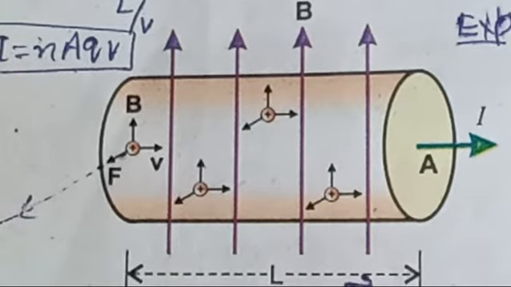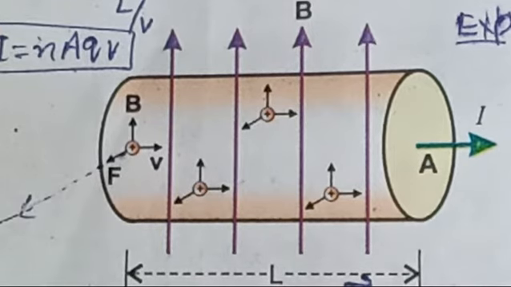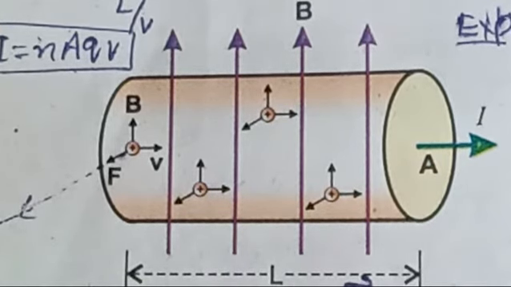Dear students, you have learnt in 10th class that when a current carrying conductor is placed in a magnetic field, it experiences a force. The current through the conductor is because of the motion of the charges, right? This is the definition of current: the flow of charges is known as current. The magnetic field exerts force on those moving charges, due to which the conductor experiences force. So in this topic we are interested in calculating the force exerted on the moving charges.